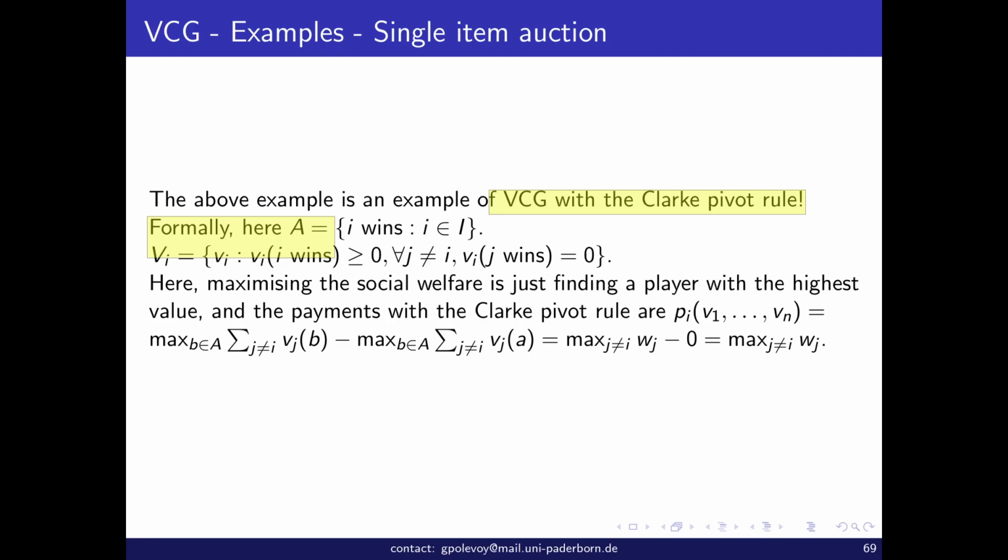Here, how would we actually apply VCG with the Clarke pivot rule? Here we now show that it exactly gives us what we did with the second price auction. Here, maximum social welfare, first of all, is indeed finding a player with the highest value. Maybe there are several such players, and every option is fine. But these are exactly the options: finding a player with the highest value. And now, what are the payments? According to the Clarke pivot rule, they are the maximum of what the others tell they value when we actually maximize for them, what the others want, minus the maximum of what they tell they value